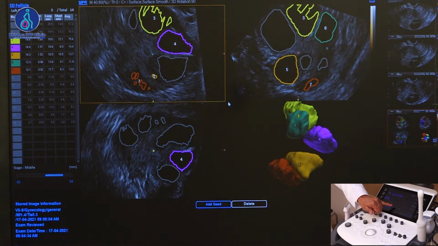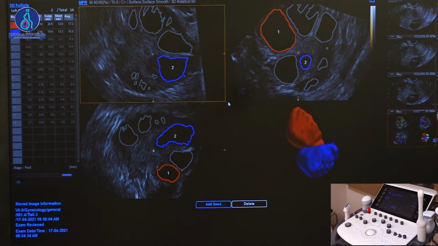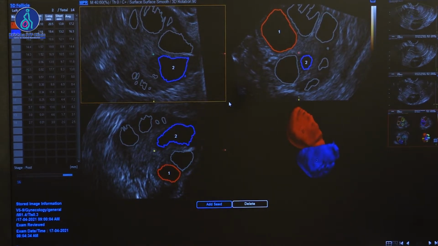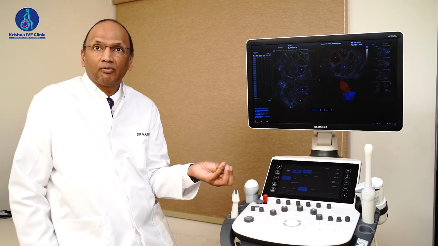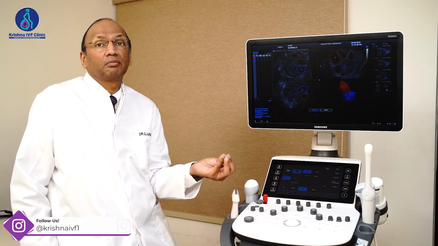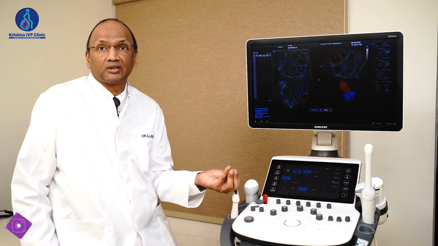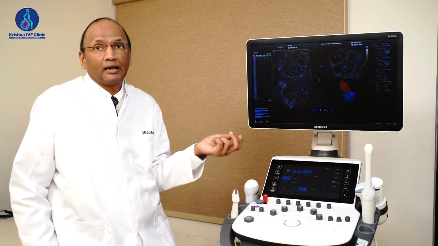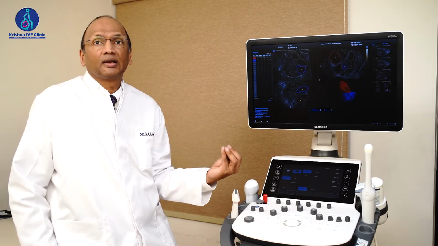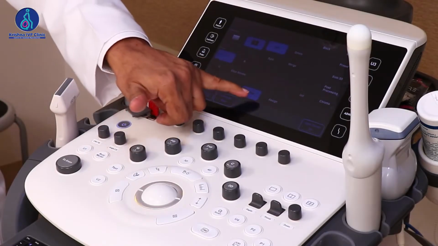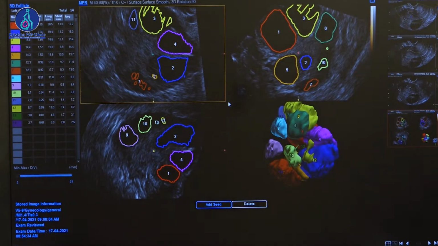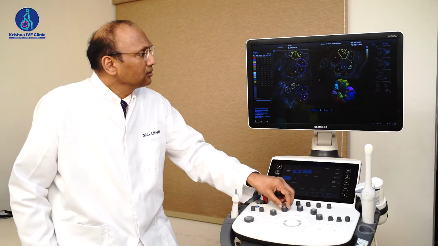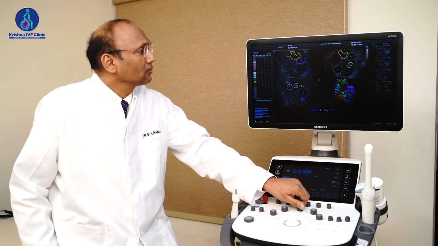If I want to know the large size follicles or the lead follicle when we give the HCG, because we are trained to say that when the lead follicle reaches 18 to 20 millimeters, give the HCG injection, this information will help us to know whether the lead follicle has been reached. And then you can turn this off to look at a beautiful plane. And you can also turn this and look at this.